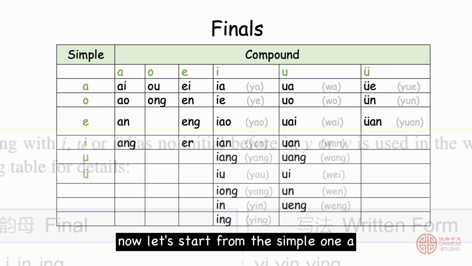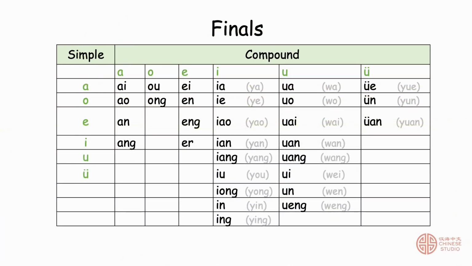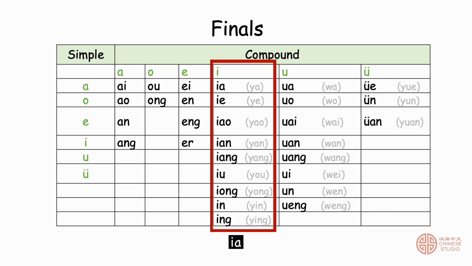Now, let's start from the simple one, A. Please repeat after me. A, Ai, Ao, An, O, On, A, N, I, Ya, Ye, Yao, Yan, Yang, Yo, Yong, In,